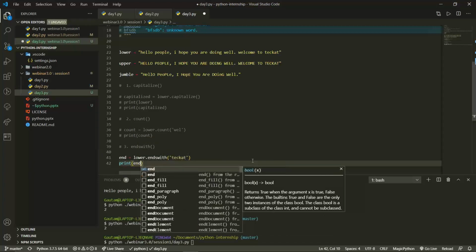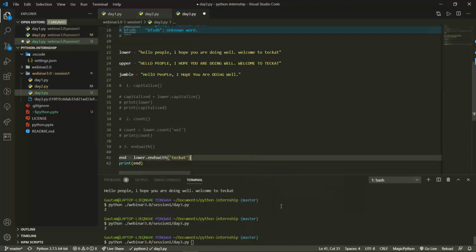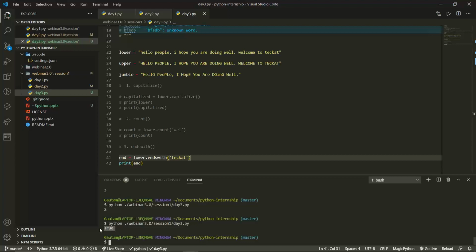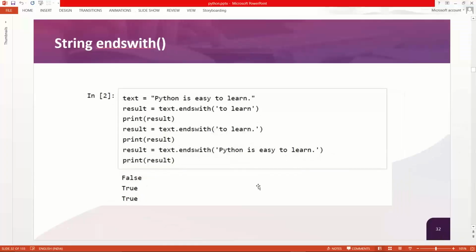Now it will give you a Boolean, either true or false. It will give you in the Boolean language. So this is true. Then if I omit this T, now it will give you false. If I execute this, it will give you false. Now if I keep that T and omit all other things, I only keep the T, then also it will give you a true value, as T is the last and the final character of the string. Okay, so this is what endswith does.